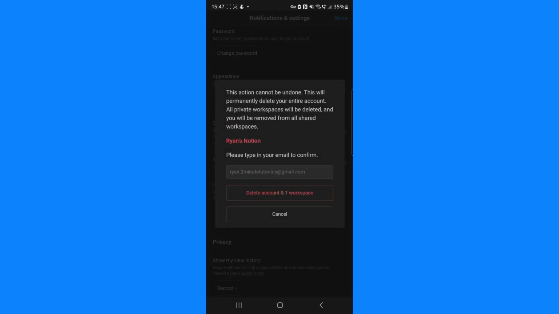As you can see, what you can do now is type in your email address just to confirm that you want to delete your account. So once you type in your email address, first of all, please be aware that you cannot undo this action. So if you do want to delete your account and you are sure, you can then select delete account